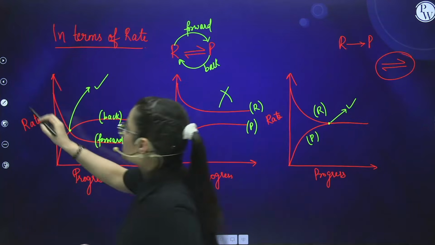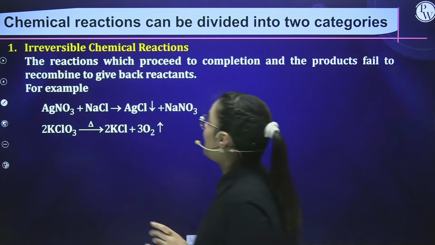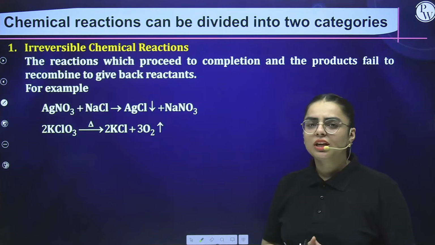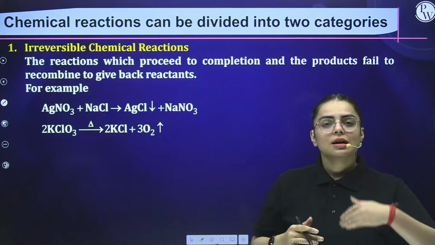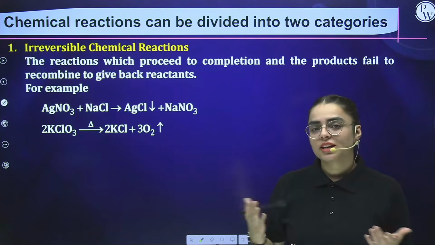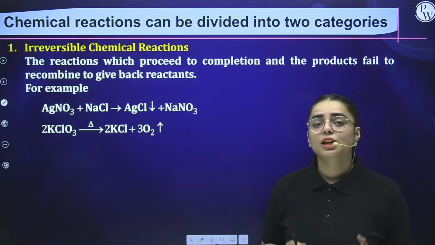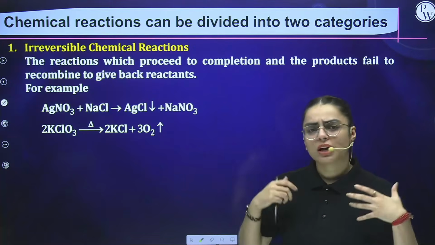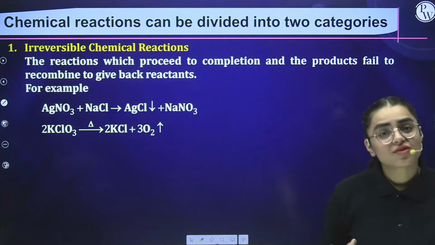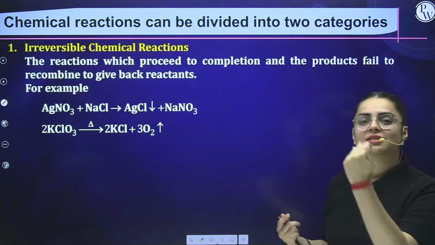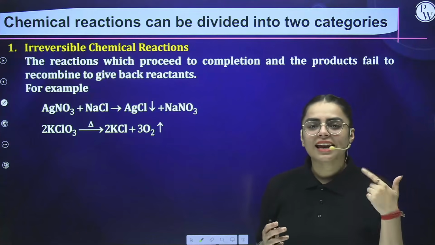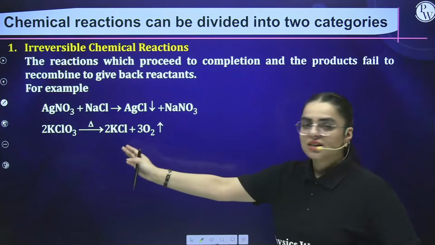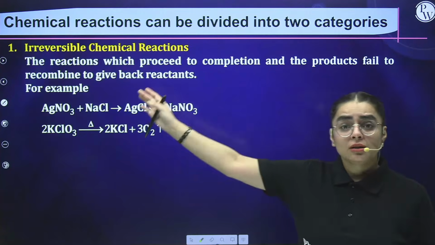So very good, students. Now let us move towards the chemical reactions. Okay, if I talk about the chemical reactions, why are we talking about the chemical reactions? Yes, because it is the chemical equilibrium. So we are considering chemical reactions, and we know that basically there are two kinds of chemical reactions that we study. One is the irreversible one and one is the reversible one, which we have studied from our lower classes, from 10th. We have already an idea of what is an irreversible reaction, what is a reversible. Again, I have told you just while explaining the concentration term.